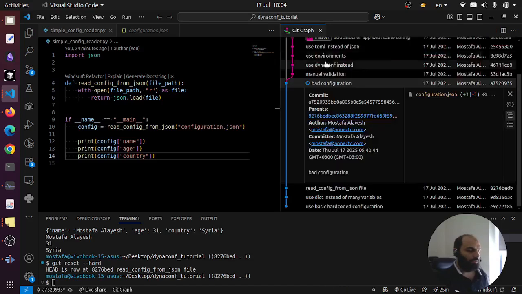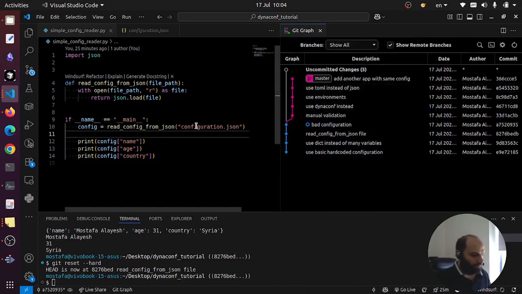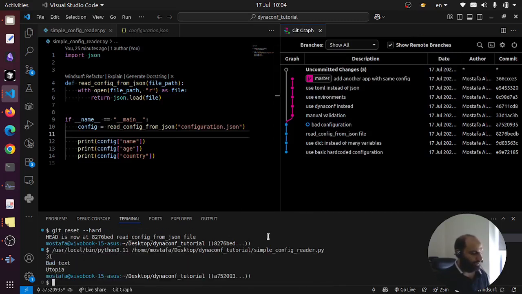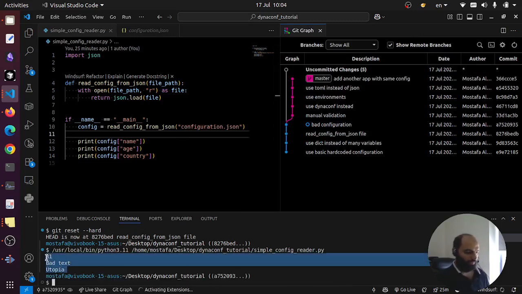So what may this change in my application? When I just run the code, you can see that this configuration gets into the script normally,